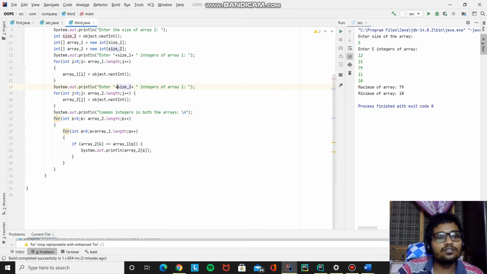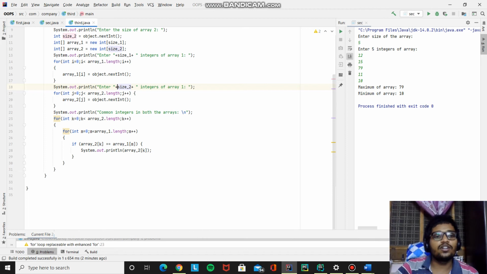That means to find that out, we need two nested for loops, because if you take one element of the first array, it is to be compared with each and every element of the second array, right? So the first for loop takes an element of the first array, and the second loop has to compare it with all the elements in the second array. That's the concept here. That's why we use two for loops here.